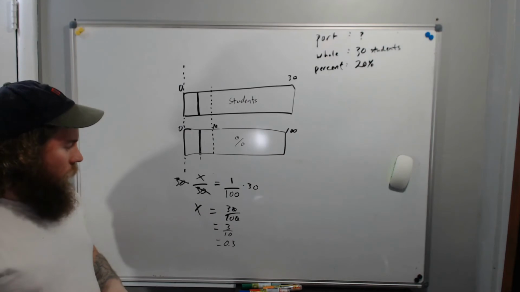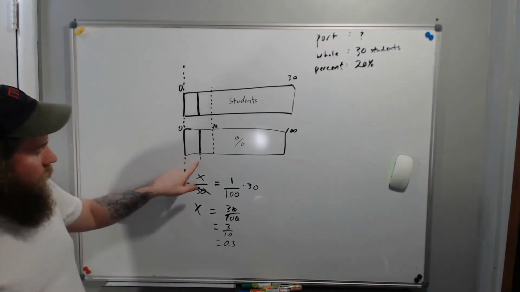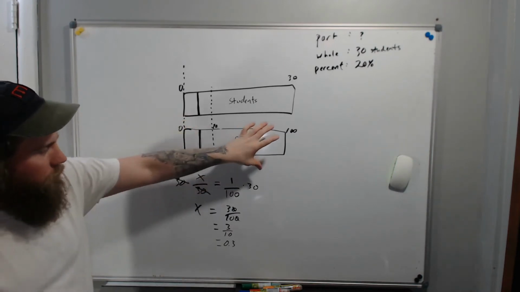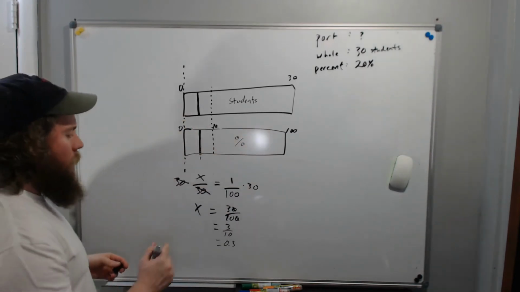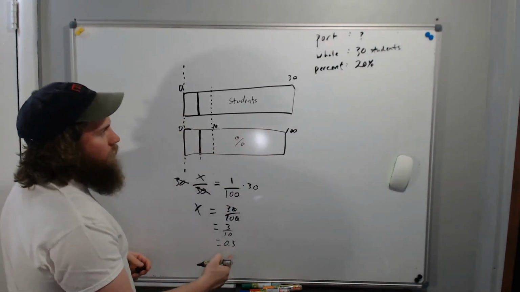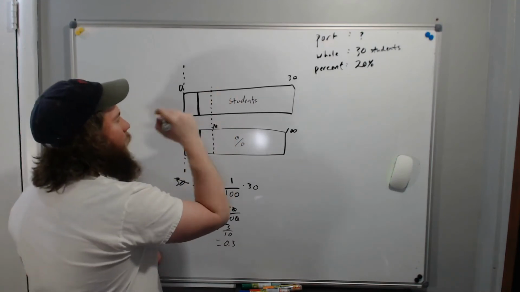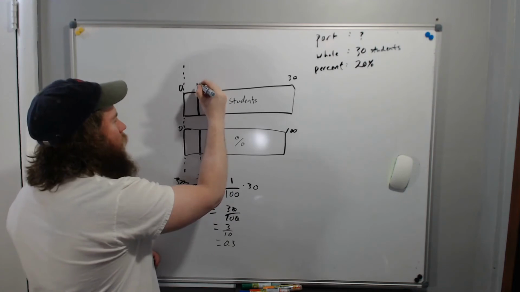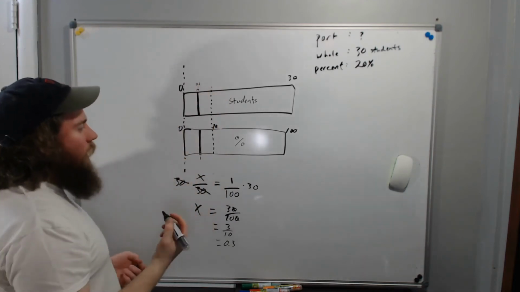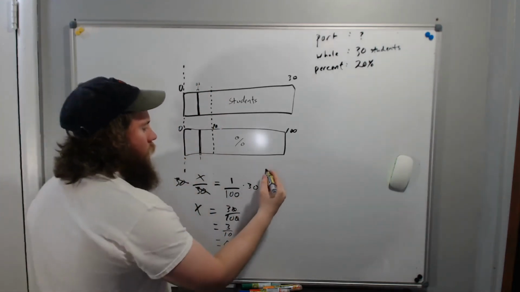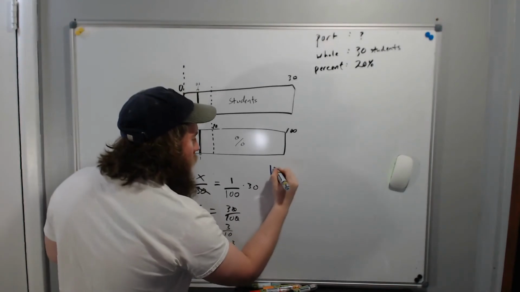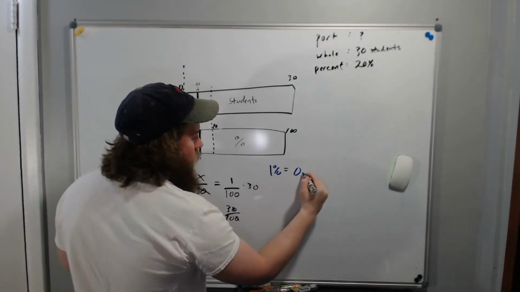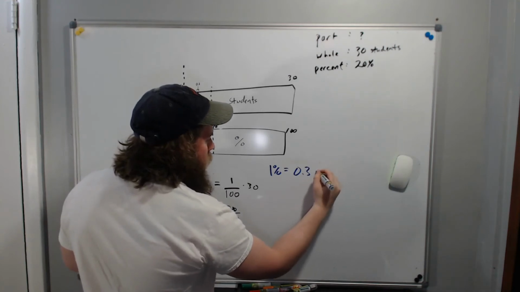Okay, so we figured out that this little sliver, 1 out of 100, corresponds to 0.3 students out of 30. Okay, so that is 0.3. Okay, so now that we know that 1% equals 0.3 students,